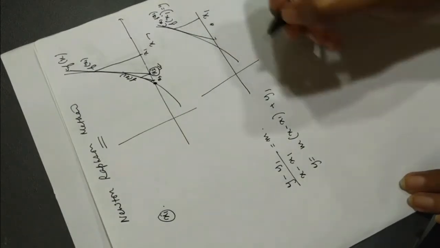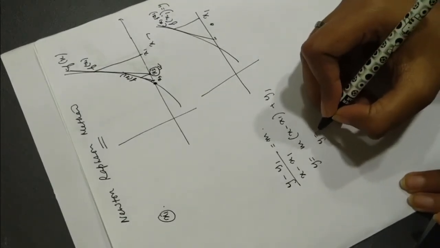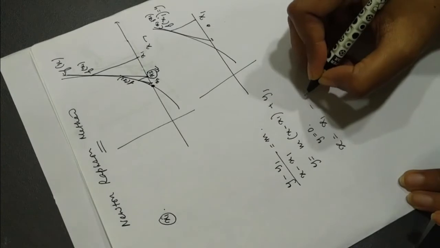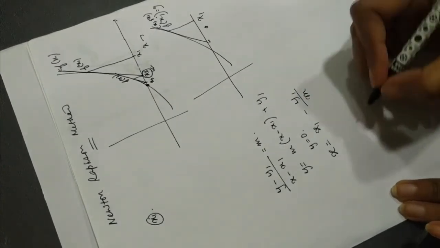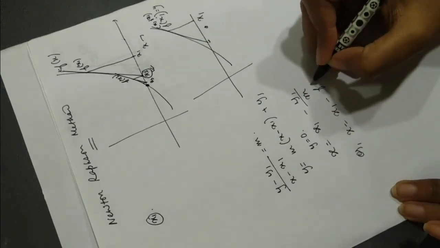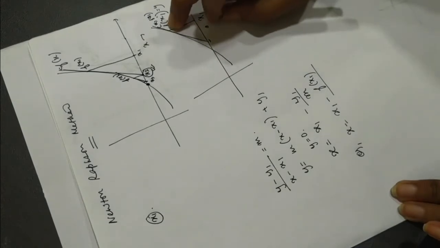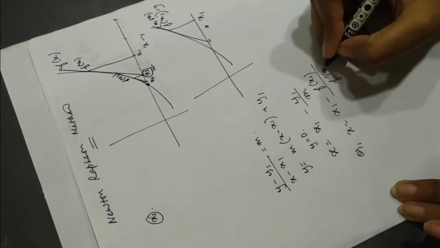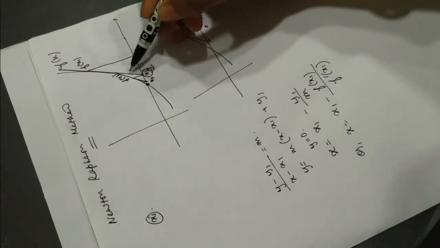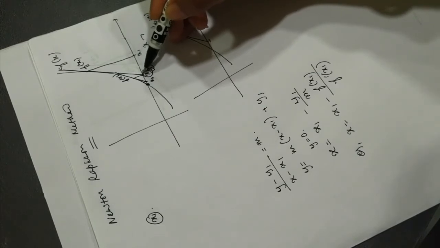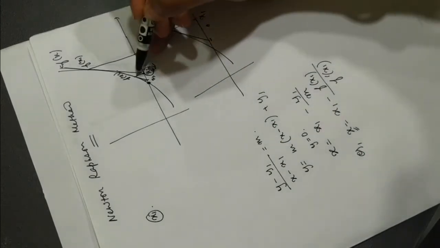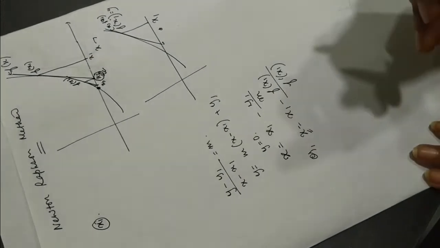Now we want to find the x-intercept, and at the x-intercept y equals 0. So putting y equal to 0, we get the x-intercept is equal to x1 minus y1 divided by m, right? Or x is equal to x1 minus f(x1), since y1 is nothing but f(x1), divided by m, and m is nothing but the slope at this point, that is f prime of x1. That means we get the intercept of the tangent. We check if this is the root, and if it is not the root, we again perform the same operation. So it is an iterative process, right?